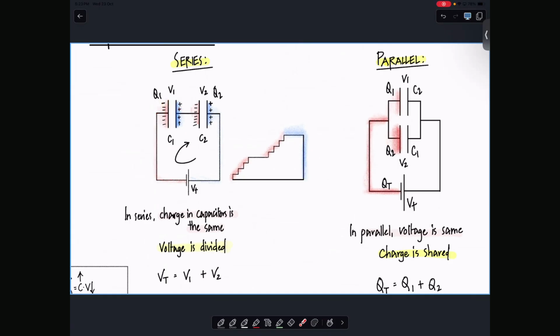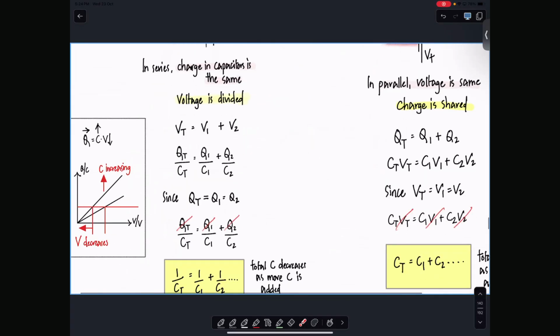10. If 10 electrons come here and deposit themselves here, how many electrons will move out from here? 10. And 10 electrons will go there. And if 10 electrons go there, how many electrons will move out from here? 10. And those 10 electrons will come back here. So in a series circuit, just like in our resistor topic, what is the same for both the resistors in series? Current. What is the same for both the capacitors here? Charge. So the charge here and the charge here is the same, and the charge here is also the same because it's transferred everywhere. So the charges are the same. Wouldn't I be able to cancel all these charges out?